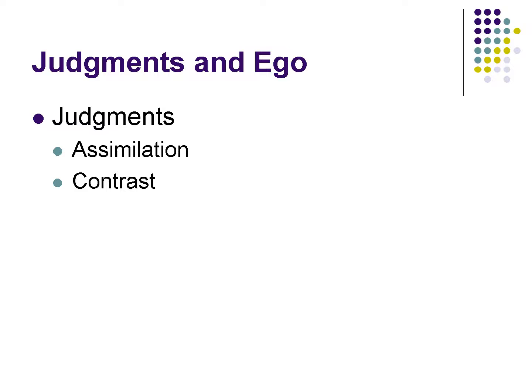It's too different from my values, my attitudes, my beliefs, the things that are going to benefit me. And so therefore, my judgment is a contrast. I see that message as contrasting with what I believe, or opposing it, and therefore I'm going to dismiss it. I'm going to reject it right out. Right? And I want to take a moment here to emphasize that, as the book reminds you, these are perceptions. It's what you perceive as being similar to your own position or perceive as being different from your own position. It's about perception. Because sometimes we perceive a message as being really different from us, and that can create a